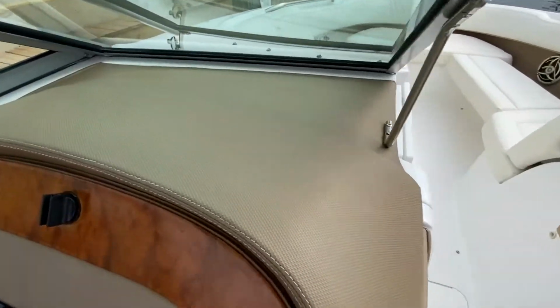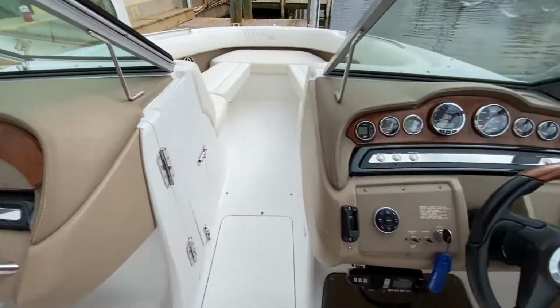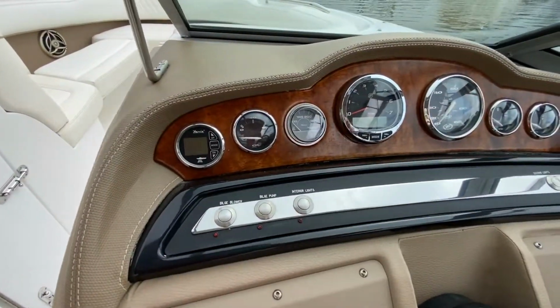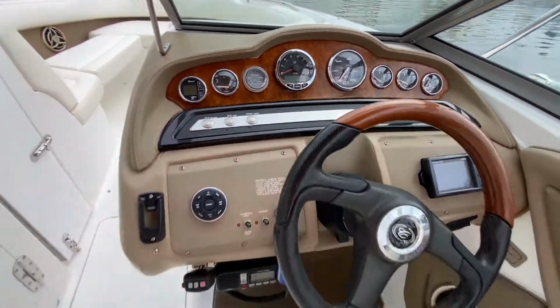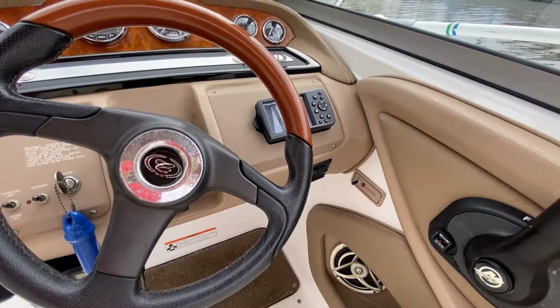And you'll see it's on the first mate side as well. Just very well done. I just love the way Cobalts present. But starting at the top, just take a look at these gauges. I mean, just absolutely beautiful presentation. Then down below that, the switches. Then you're going to see your remote for your stereo, the VHF, and a small Garmin unit, and your trim